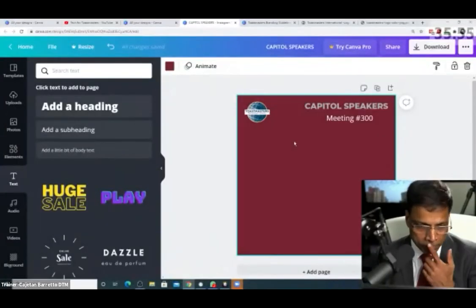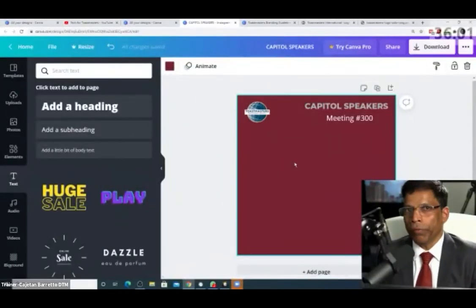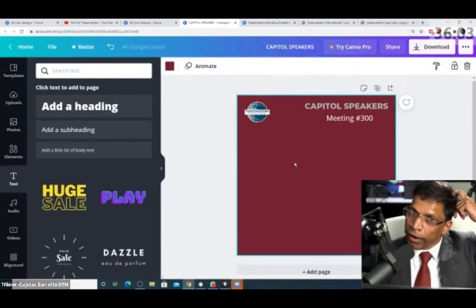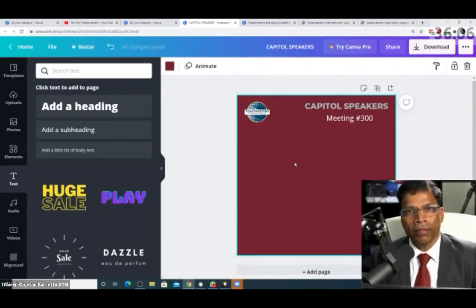So, the last part of assembling is, of course, related to images. Images is something I have very strong opinions about because I'm a photographer, and at every meeting that I used to attend, I used to take pictures.